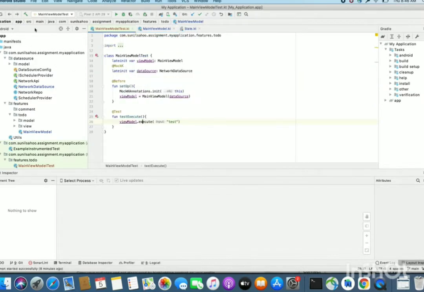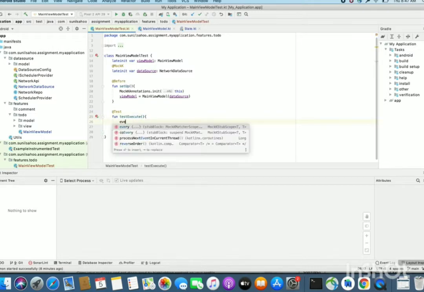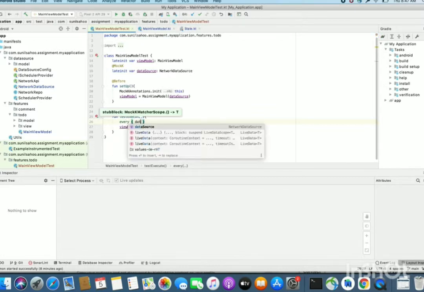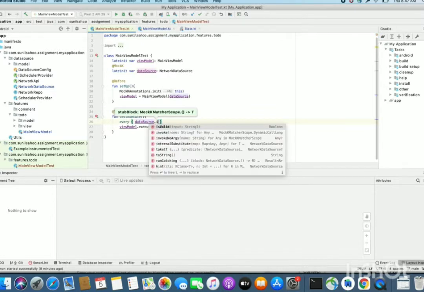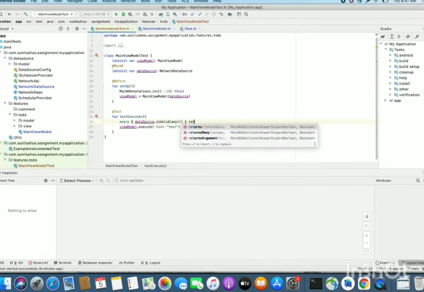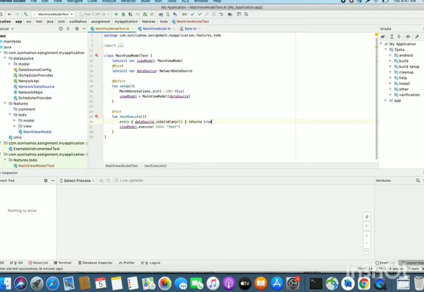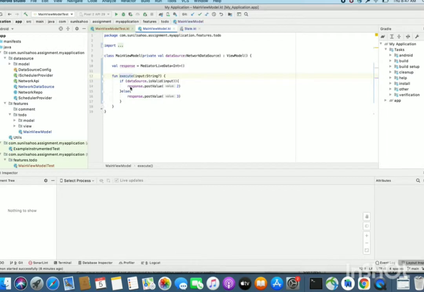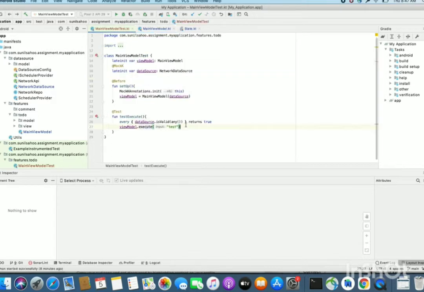So we can mock that, because we are not verifying the isValid method of the data source here. So write every dataSource.isValid any parameter returns true. We are verifying the true scenario. Now the result will be the live data value.